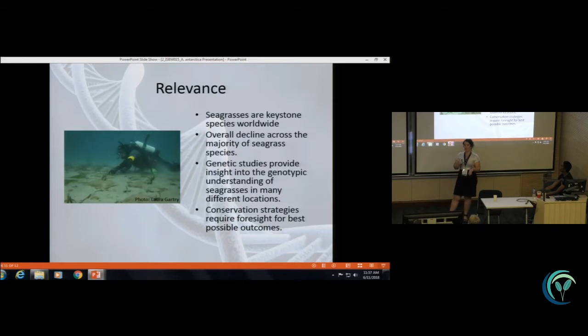Furthermore, we can look at it for invasive species. By understanding the genetics of invasive species, we have a way to reduce them and then promote the growth of native species again. There have been studies done on Posidonia, looking at the connectivity in Posidonia, and it was important to gather different data on different seagrass species. So by choosing to analyse Amphibolis antarctica, we could broaden the overall understanding of genetic connectivity and gene flow between seagrass species worldwide. Thank you, guys.